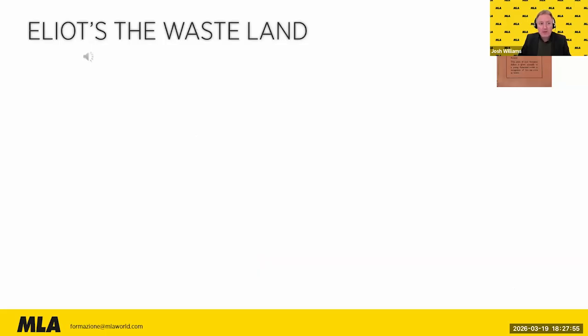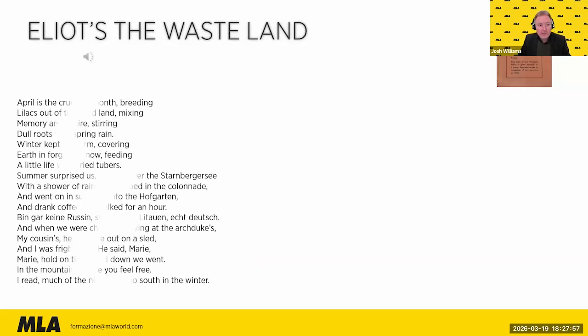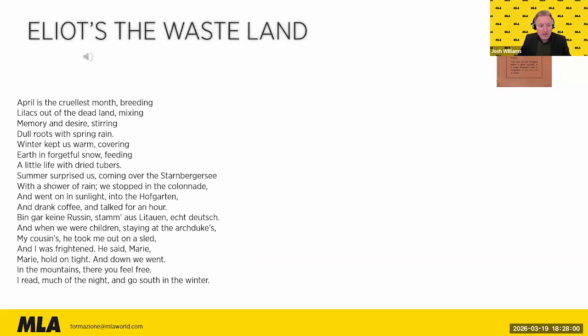Anyway, next we look at Eliot's The Waste Land, and here we have a lot of languages mixing together, although not so many maybe in this part. I think we just have a little bit of German here. But throughout the poem, I think there's up to about 10 languages, if not more, including ancient languages, even Greek, Latin, and Sanskrit, I think it ends with as well. Anyway, let's have a listen.